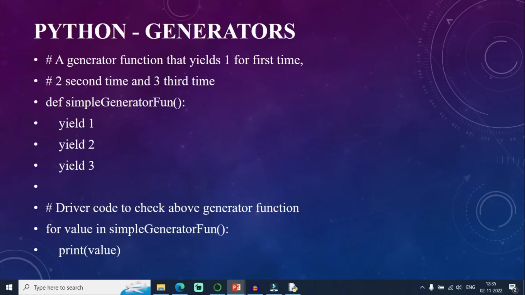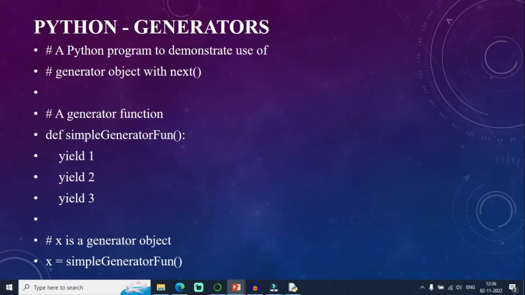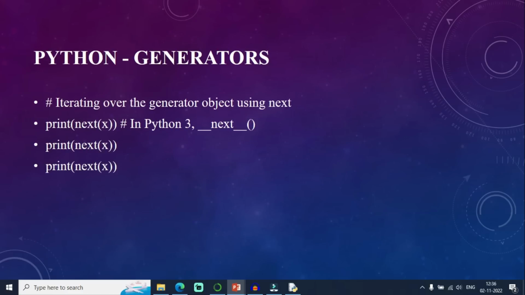In the case of iterators, I have to initialize an iterator, then pass the next value, and then increment. Whereas in the case of a generator, it just yields the value. You can see here, I can loop through the values and print each and every value. Clear with this? I am just calling the next function.